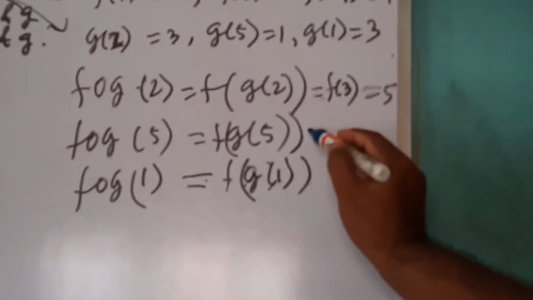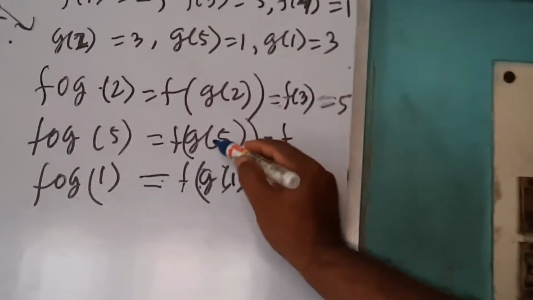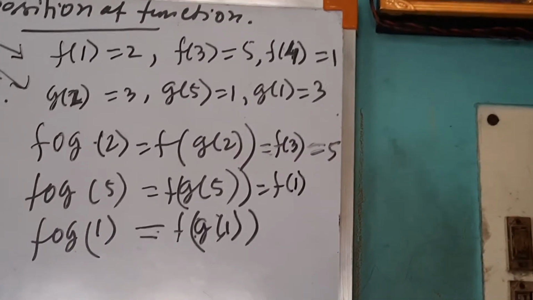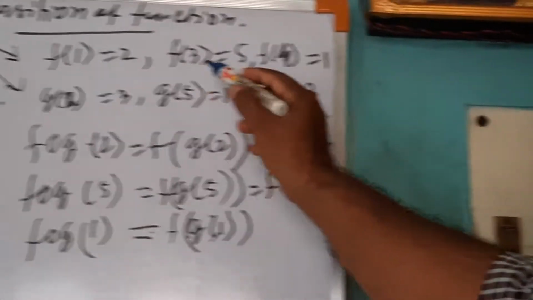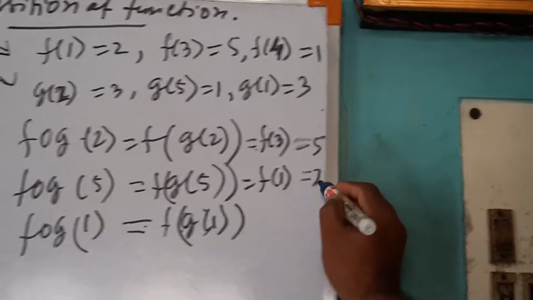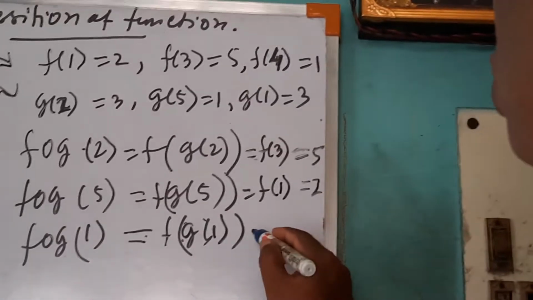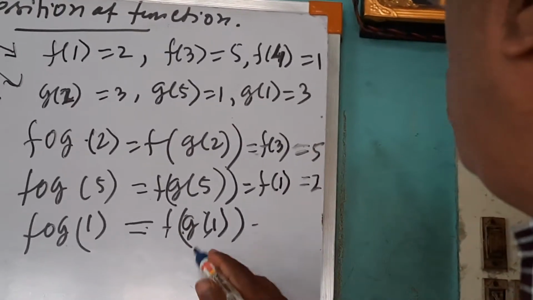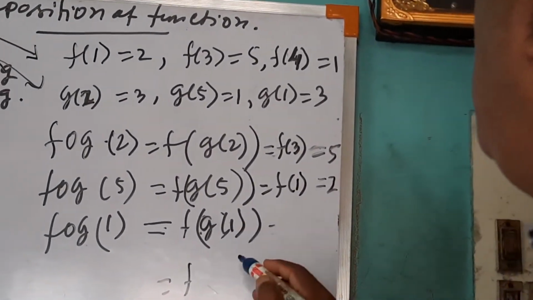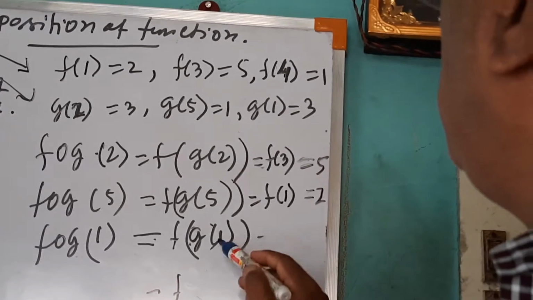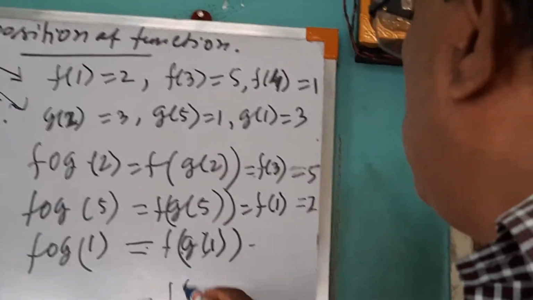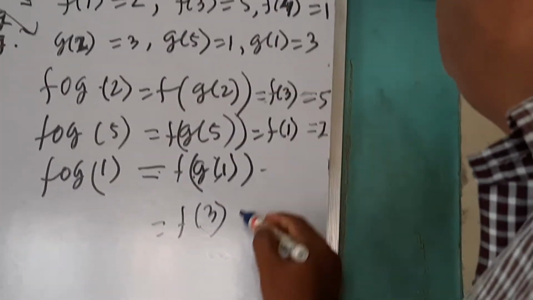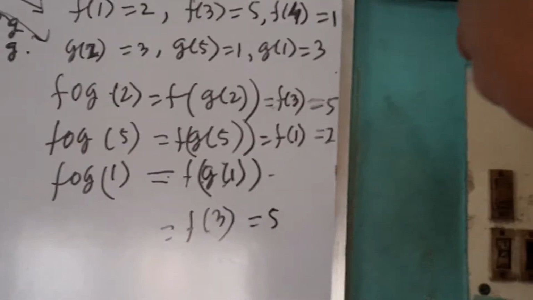Now this equal to F of G5. G5 value is 1. So F of 1. What is the value of F1? F1 value, you see, F1 is 2. So what is the value of G1? That is F of, what is G1? G1 value is 3. So F of 3. Now what is F3? F3 equal to 5. Therefore